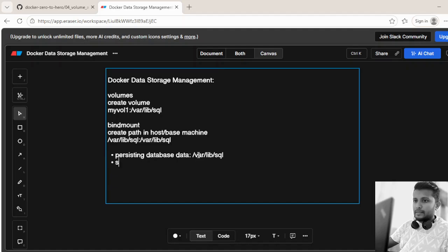Another example is sharing files between host and container. For some reason, if the user wants to maintain the data in the container from the host machine, we do this. One example is, let's say you have nginx set up, and the path where nginx is writing the data or the configuration is here. Let's assume this. And if you want to manage this data through the host machine,